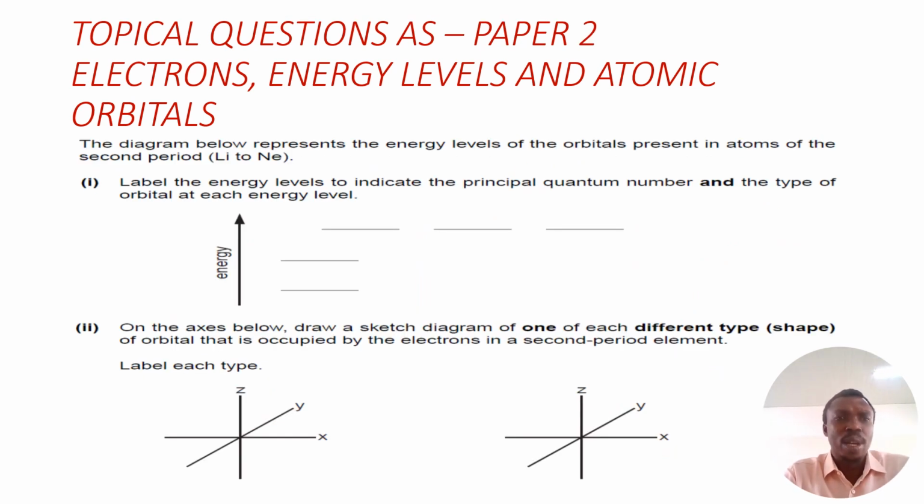Having considered topical questions AS paper 1, which is the multiple choice, now I want to look at topical questions AS paper 2, which are the structured questions on electrons, energy levels, and atomic orbitals. The first question is, the diagram below represents the energy levels of the orbitals present in atoms of the second period, lithium to neon. You have to label the energy levels to indicate the principal quantum number and the type of orbital at each energy level. So for a second period element, the principal quantum number and the type of orbital at each energy level will be